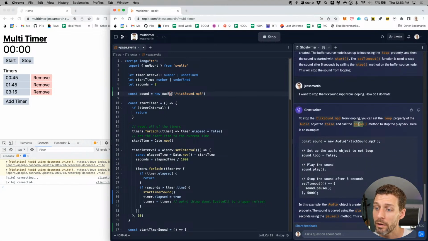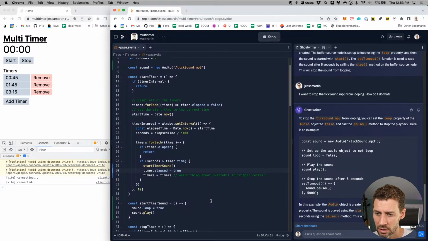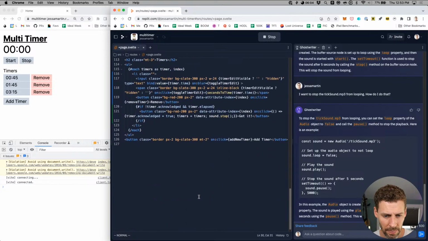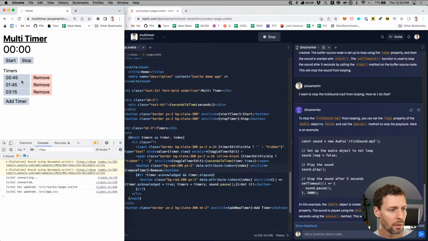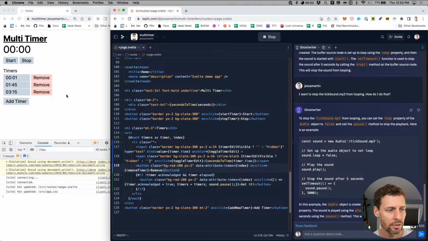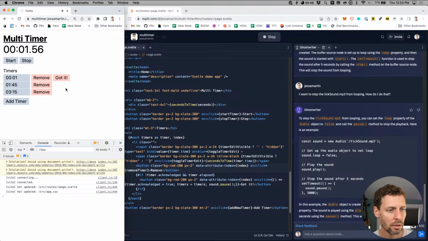Call the pause method to stop the playback. Interesting. And it's also saying reset loop. I don't think I want to reset loop, but we'll try pause. Not having a high degree of confidence in this answer here, but let's see what happens. Oh, sweet, it worked.